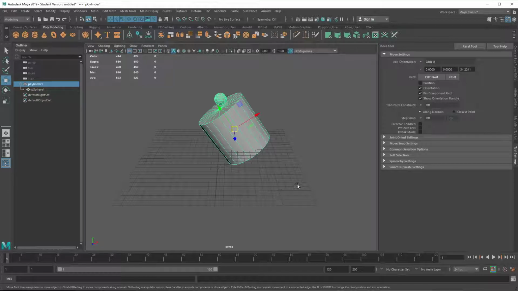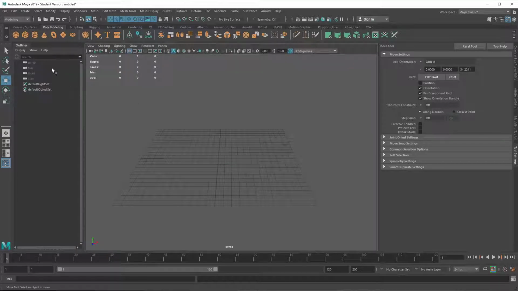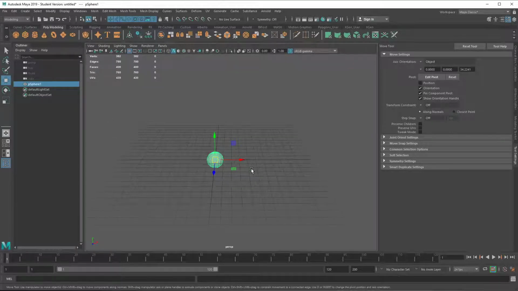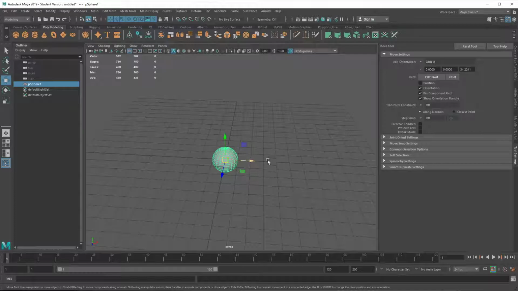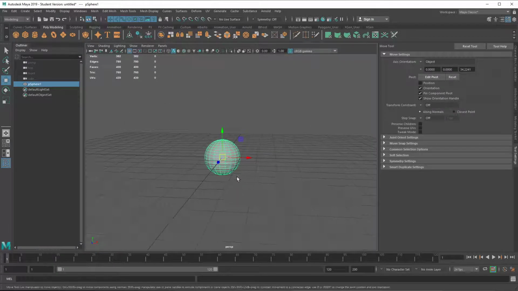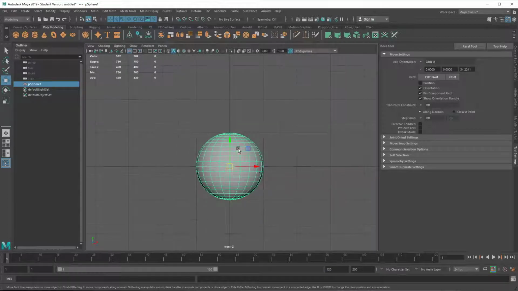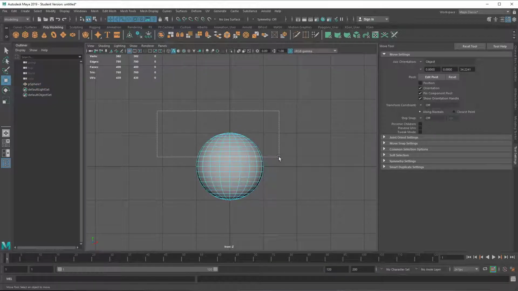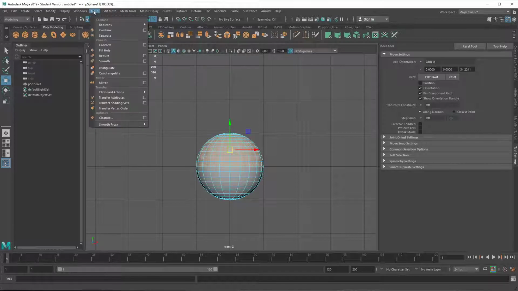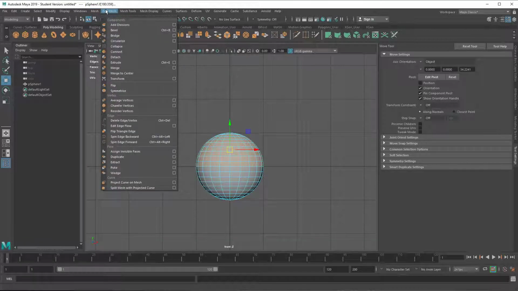So now the next thing that I'm going to do is I'm going to get rid of all of these things. I'm going to start making a mechanical arm. I'm going to make the shoulder first, and I'm going to actually be modeling it going upwards. So I'm going to take that in, and what I will do is I'm going to go to my front view, and in here I'm going to be selecting these faces,